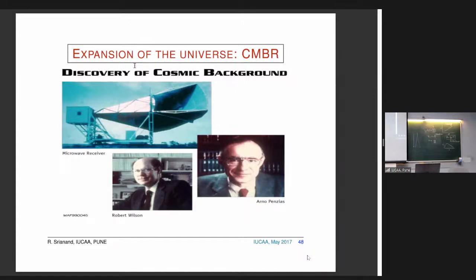Going back in time means that you will pick objects with different redshifts. If you find a set of objects where the spectrum is shifted by a factor of 2, you know that they are coming from a region where the 1 plus z is 2, right? That means that a of t, the universe, has expanded by the same factor. You have double the size compared to what it was. So if I want to go back to a 10 times smaller universe, I should pick a redshift of 11 or something